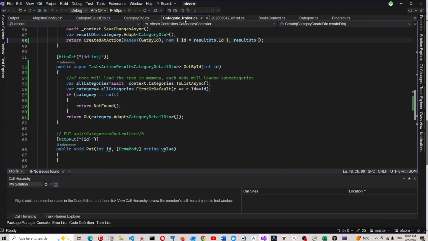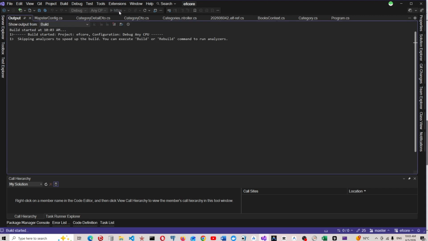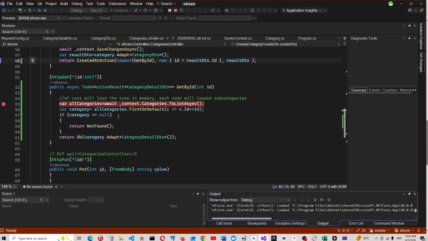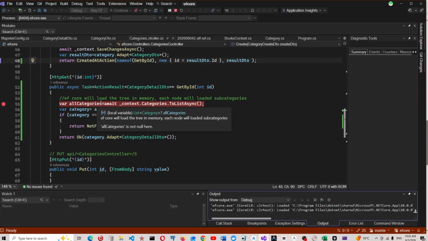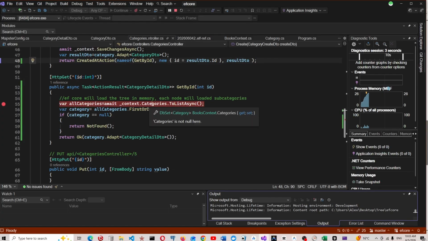Okay, so let's say we put a breakpoint over here and we start. You see this all category using from the DB side to list async. Then the EF core will load the tree in memory. Let's go to see